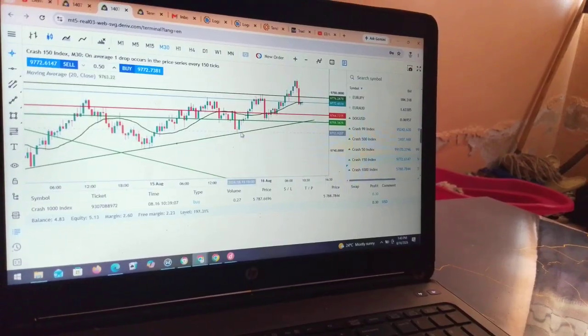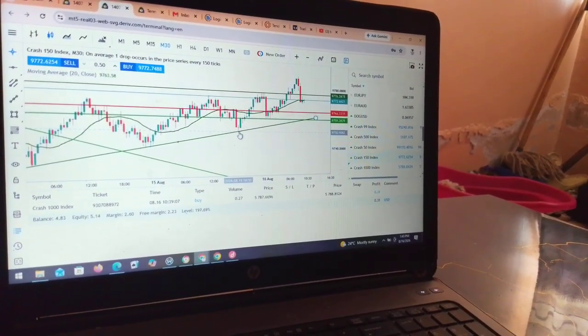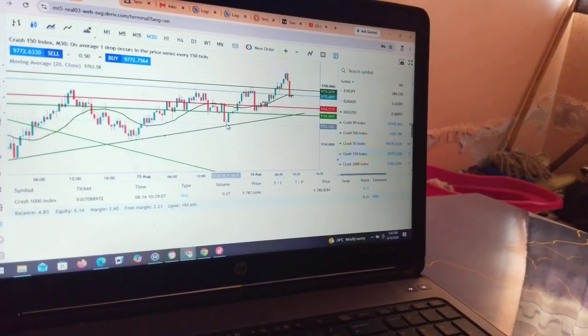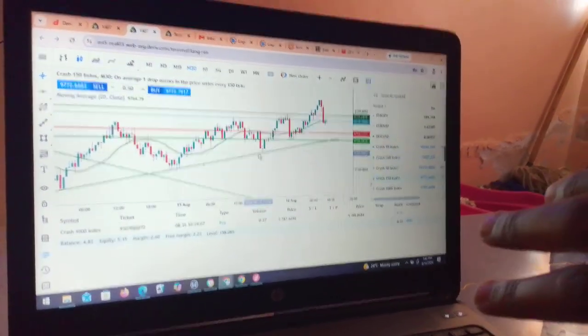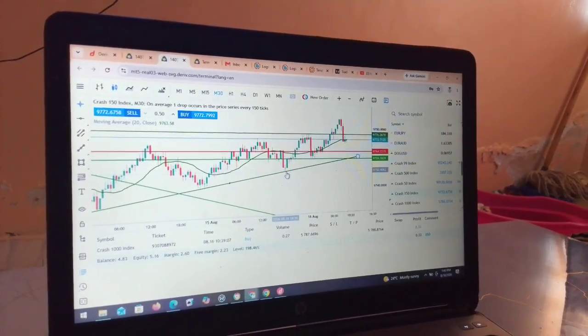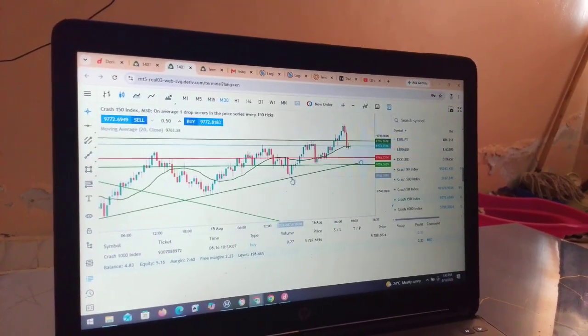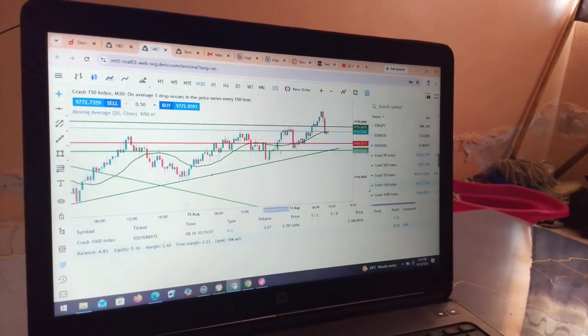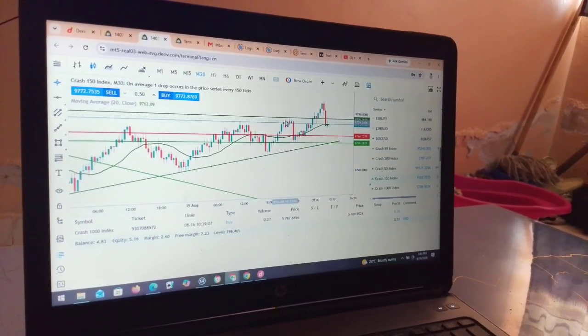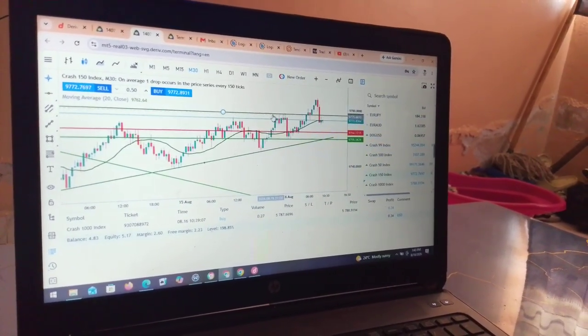You got this higher low, it has already touched the trend line, and you got this doji candle. This is an indication of a buy signal, so you're supposed to be ready to take a buy position from this point. You take a position from this candle, you buy up to this resistance level. You can see there's a resistance level here,